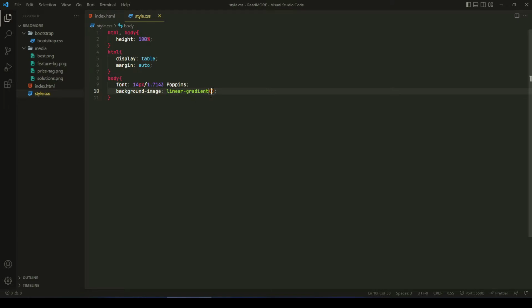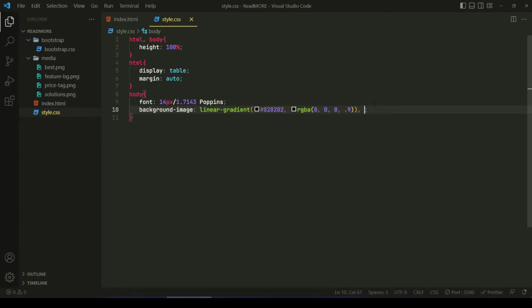So in the first bracket we're writing the color #020202, comma, and here rgba, another bracket, 0, 0, 0, and 0.9. And after this bracket,